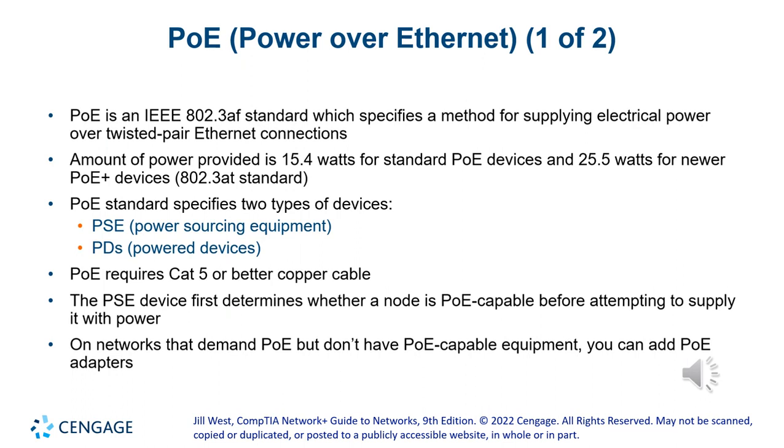And here is the power over Ethernet. So PoE is an IEEE standard, 802.3. It depends how much power you have on the wire. That's the type it will be. AF is the old regular PoE, and that provides 15.4 watts. That's the standard. A lot of the new wireless access points require more power. So you can have what is called PoE Plus, that delivers 25.5 watts,